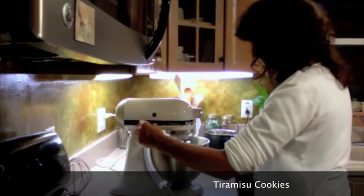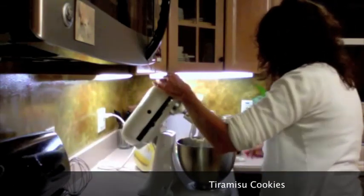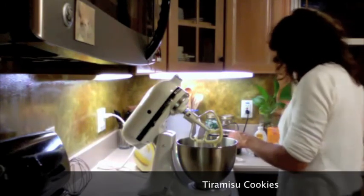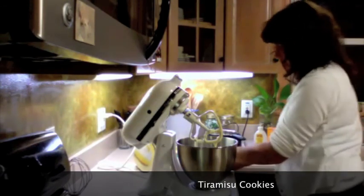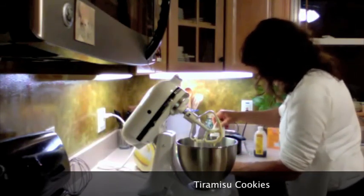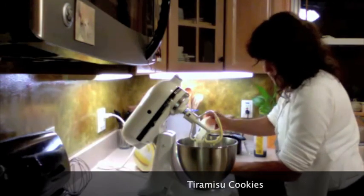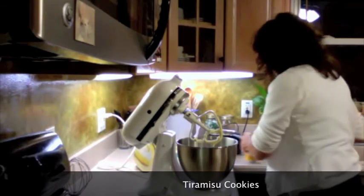Now to this, I'm going to add a teaspoon of baking powder. I'm never really quite sure what to use, but I think I'm going to go with the powder this time. Not really sure exactly why I decided that, but 1 teaspoon of baking powder, and